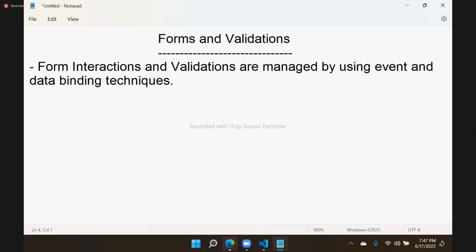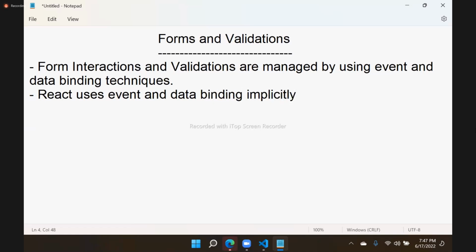So React uses event and data binding implicitly without any additional libraries. Event and data binding implicitly without any additional libraries. We already know that. That means for events or for data binding, you don't need any additional library, because all